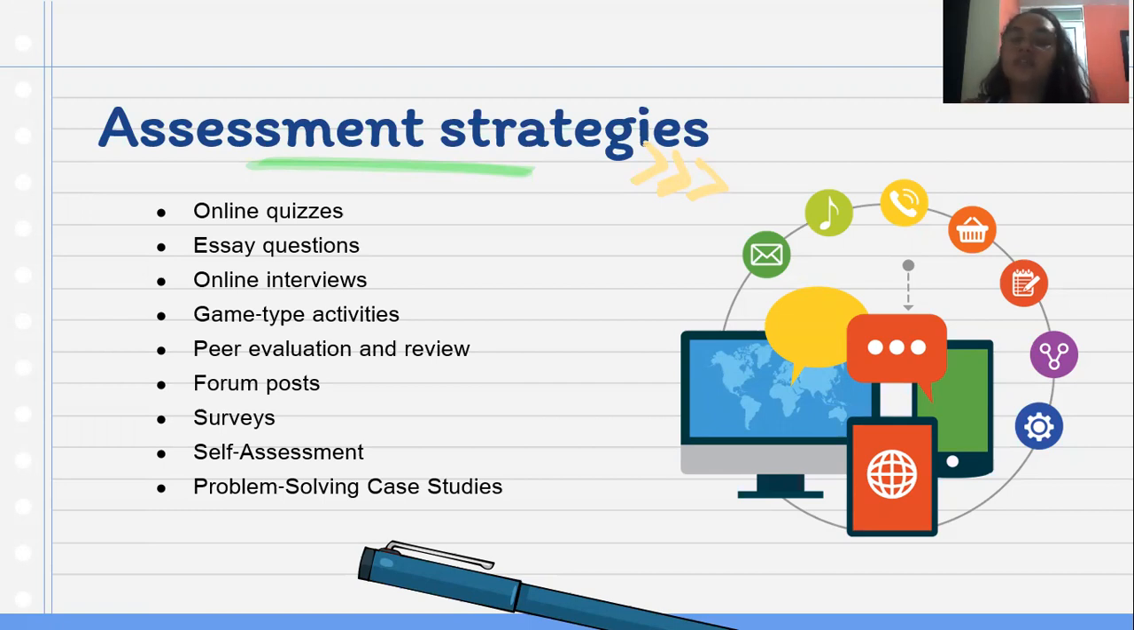Surveys. Well, surveys are used after reading chapters, books, tales, articles. They can do these surveys telling what they feel about that, if they agree with the topics of the articles. Self-assessment. This is very important in the e-learning model because we give the students the opportunity